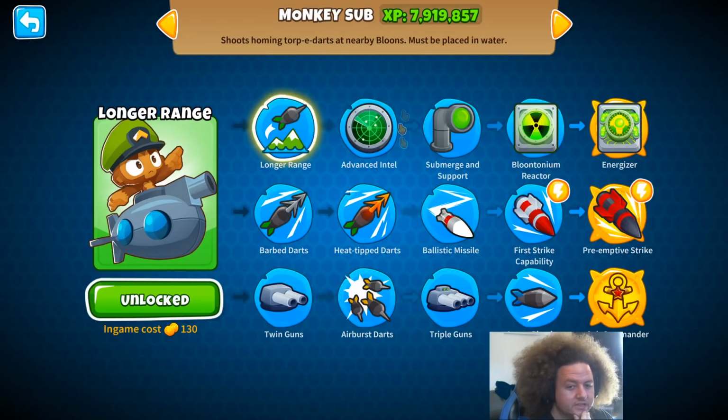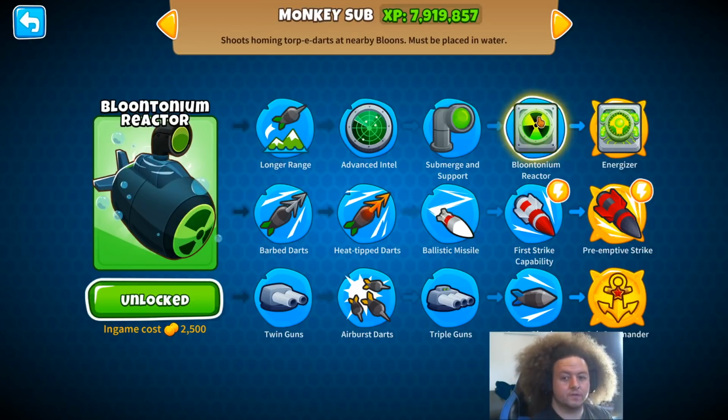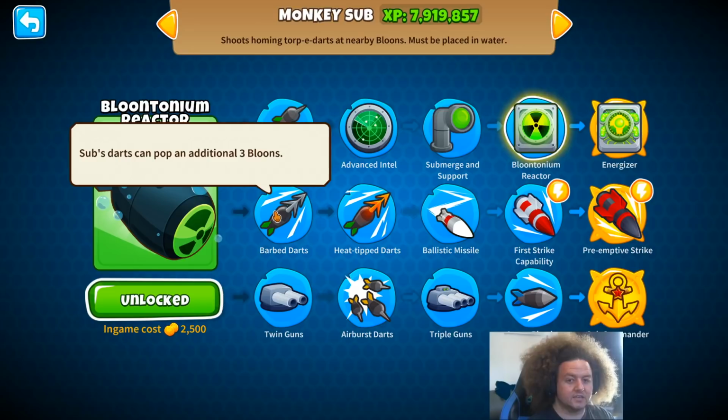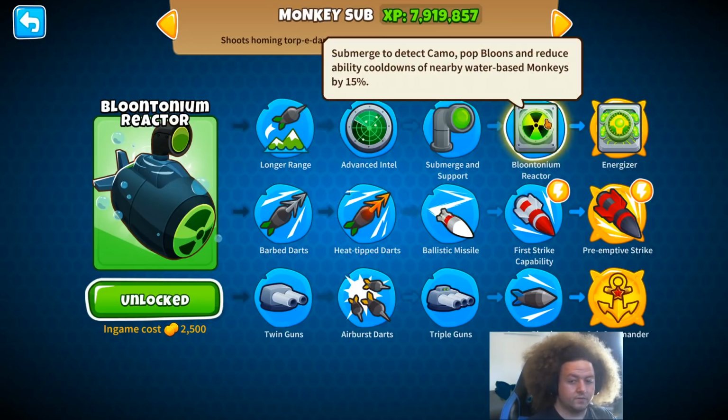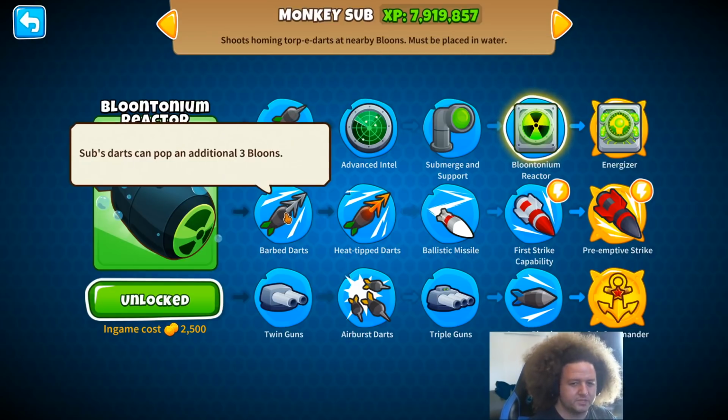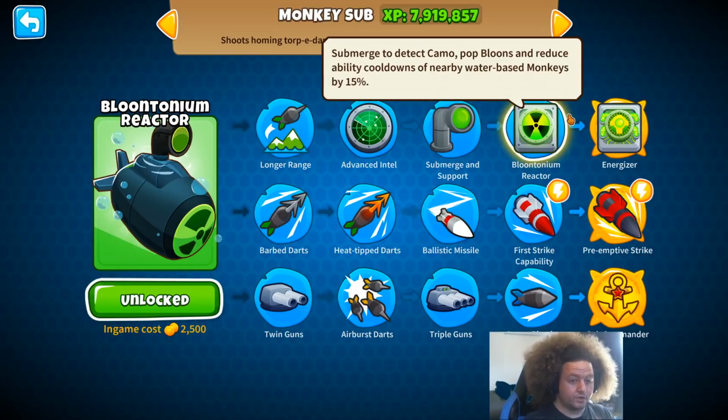So first off, let's look at the reactor sub. While submerged, if you have Barbed Darts, it gains 20% pierce, increased from 70 to 84. The 420, now in addition to that, gains +1 damage to leads, which isn't too significant, but you've got plus 20% pierce, so that's something. With the bottom cross path,